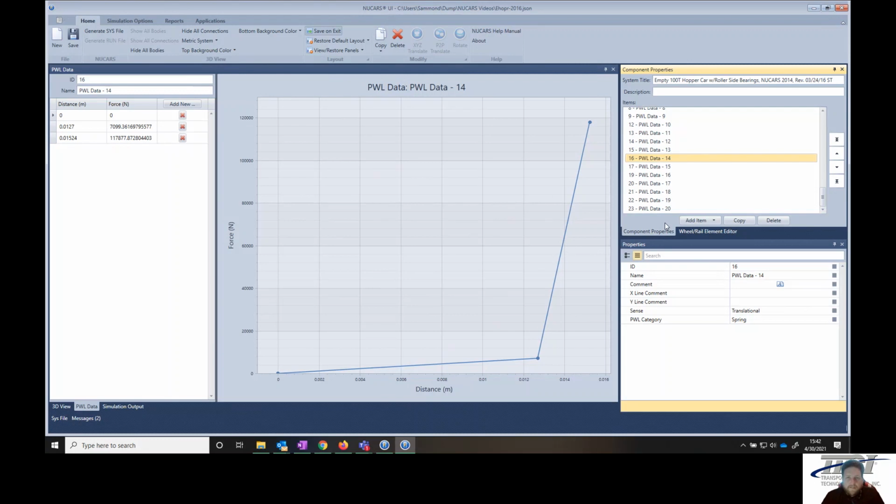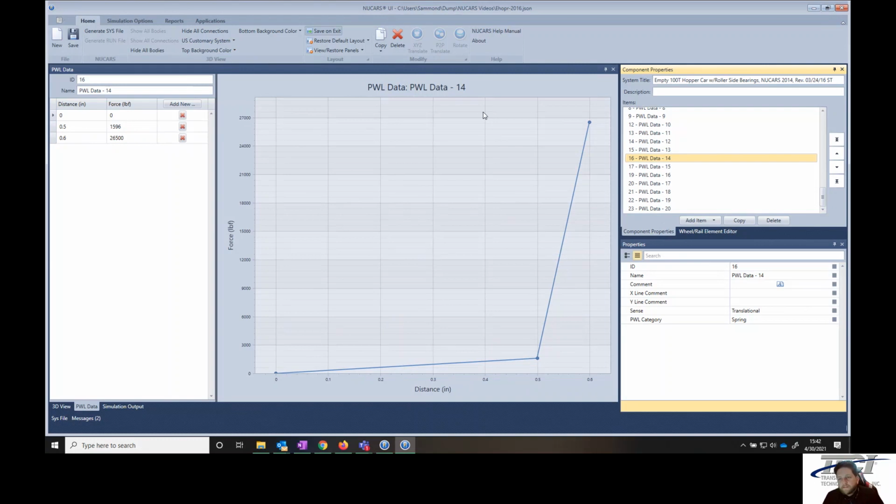Now, there are a lot of users that have a lot of experience and understand what they're doing within their model, and so limiting that could seem like a hindrance to them. Well, that's the last thing we want to do for an experienced user. We want you to be able to be creative and live within the bounds of the physics that NUCARS is going to output for you. And so if you go up here under simulation options, you have the option to enable this admin mode. What this admin mode does is it takes all that pre-filtering that we've built into this UI to help maybe less experienced users or just users who want to be